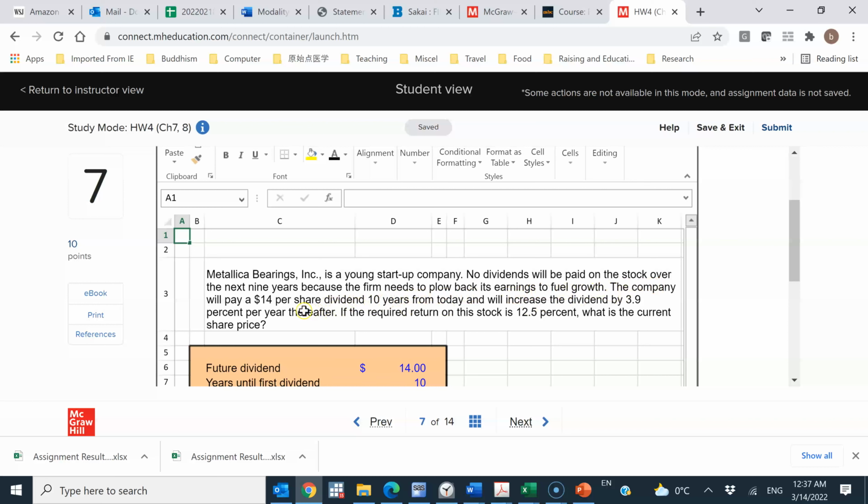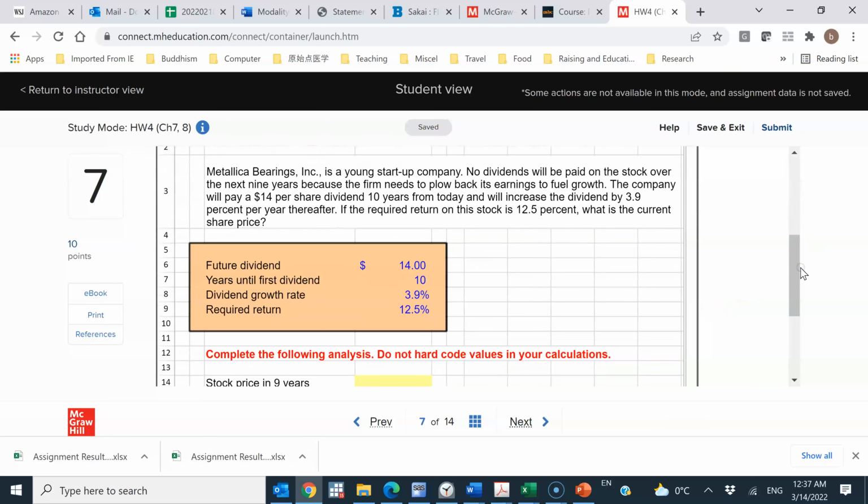The company will pay a $14 per share dividend in 10 years from today and will increase the dividend by 3.9% per year thereafter. If the required return is 12.5%, what is the current share price? So this is like a delayed or deferred dividend paying firm, and